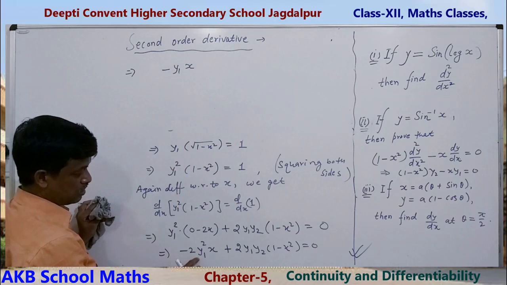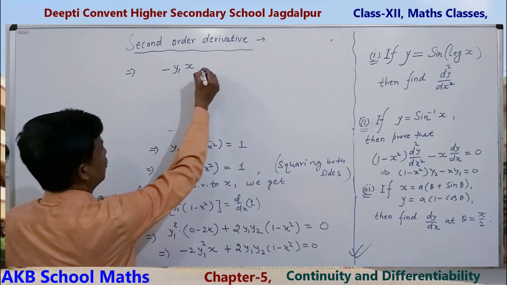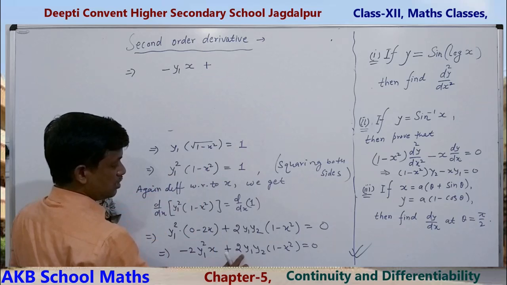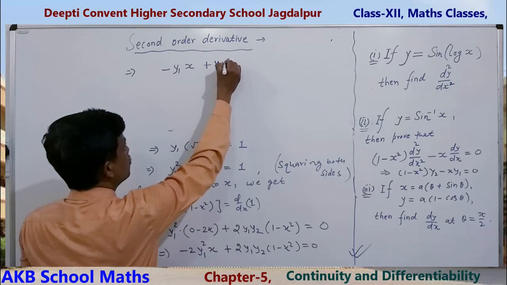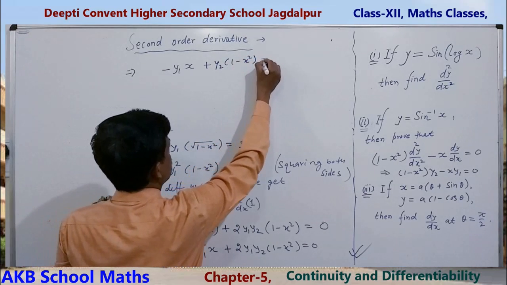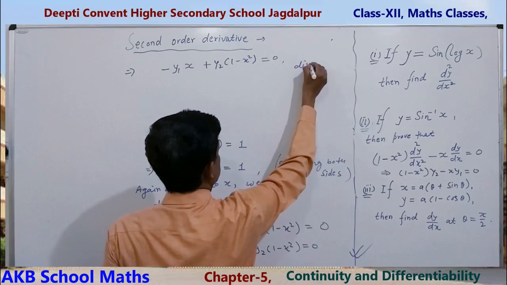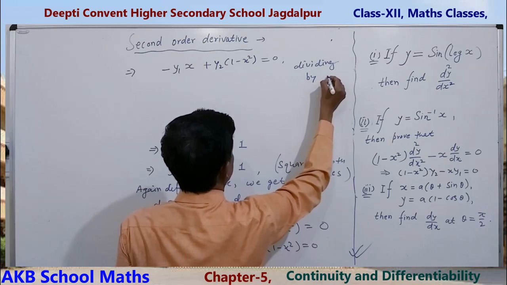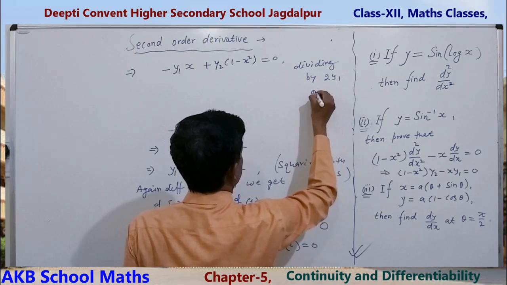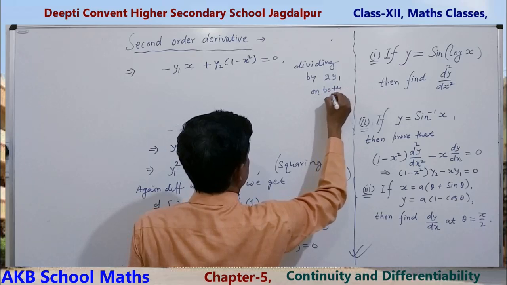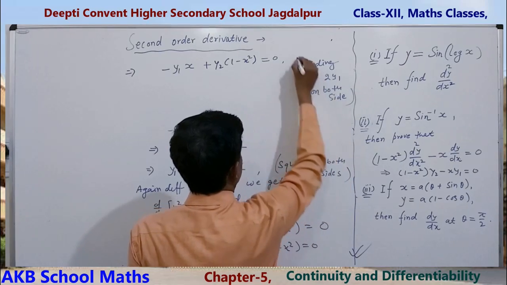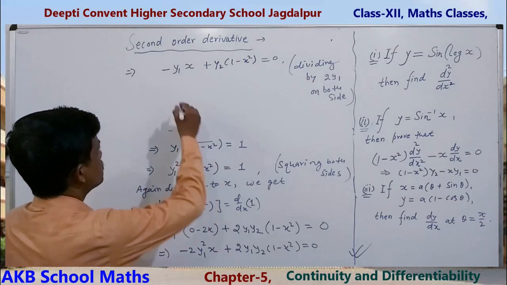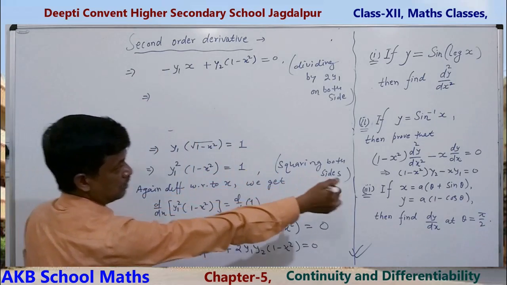Dividing the whole thing by 2y1: minus y1 x plus, 2 cancels, y1 cancels, y2 (1 minus x square) equals to 0. Dividing by 2y1 on both sides. Okay, so finally we get this relation,